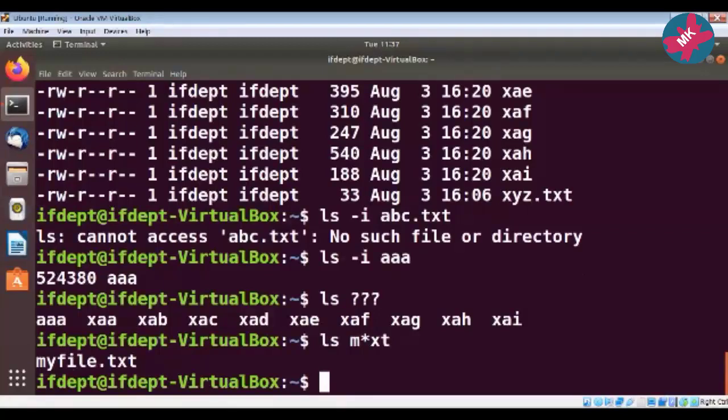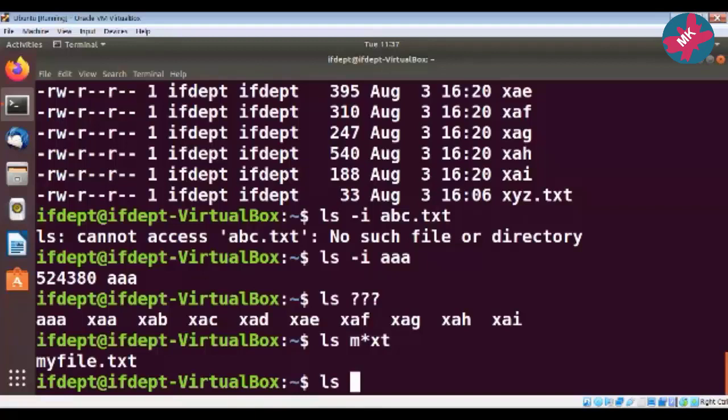Now suppose we try one more query. I want the list of all file names which start with S and end with numbers from 1 to 5. All the files which start with character S and end with a number 1 to 5. So how do we write this particular command? I will put here ls.